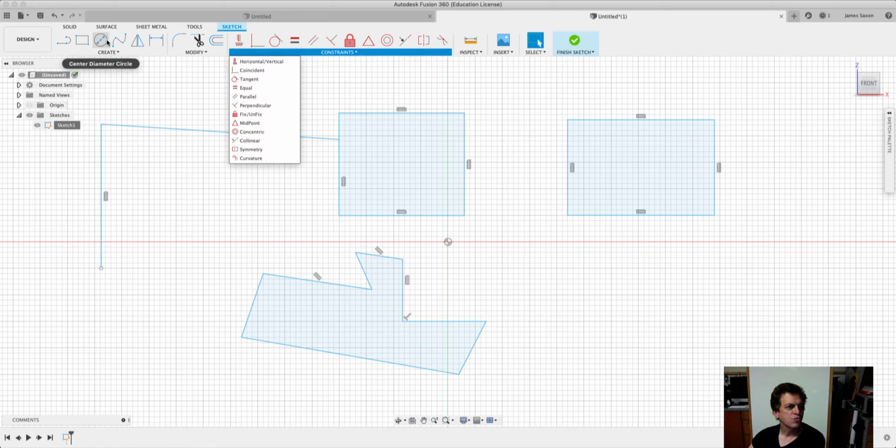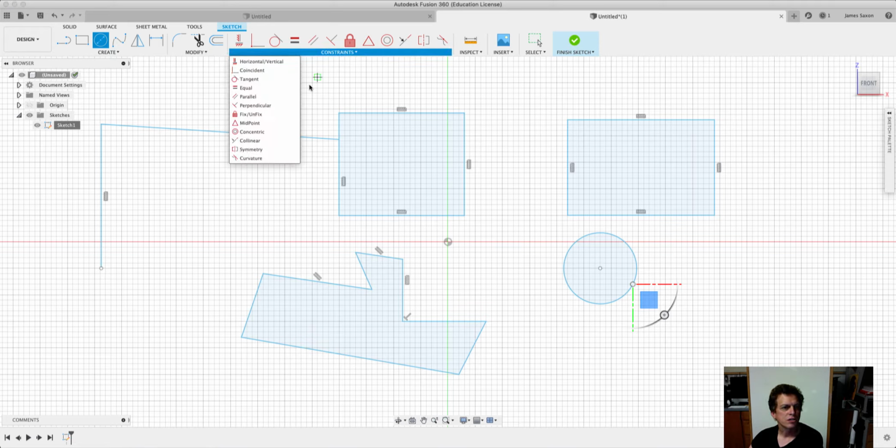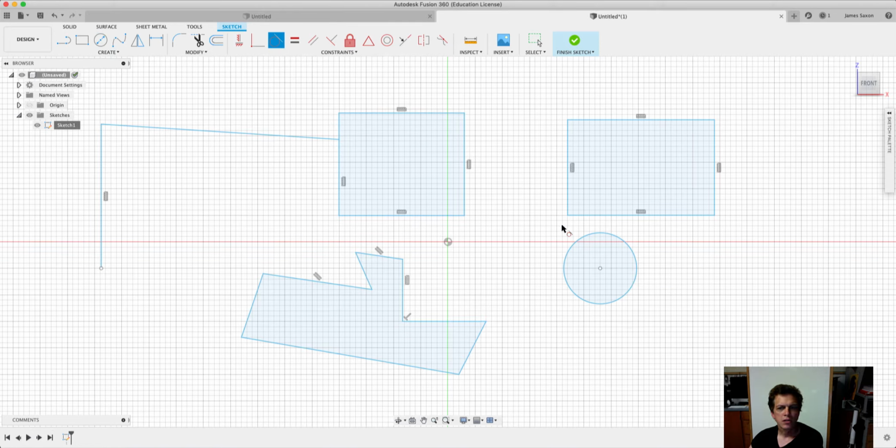So tangent is in relationship to circles, so we'll make a circle and we'll be able to see what that looks like here. So if I make this circle tangent to this line,